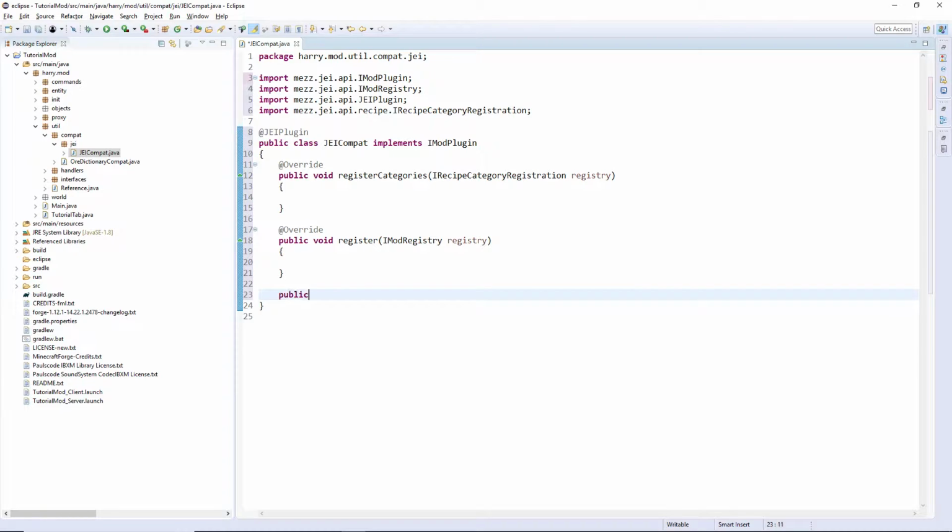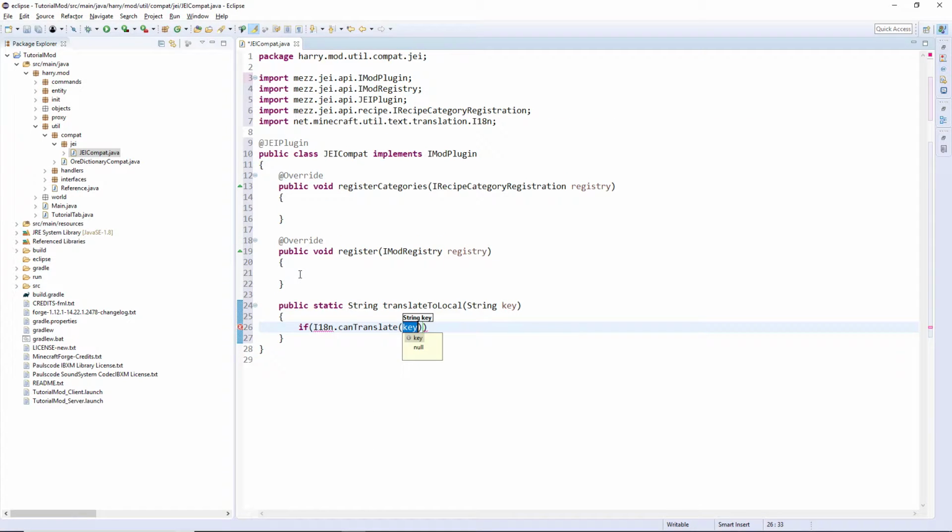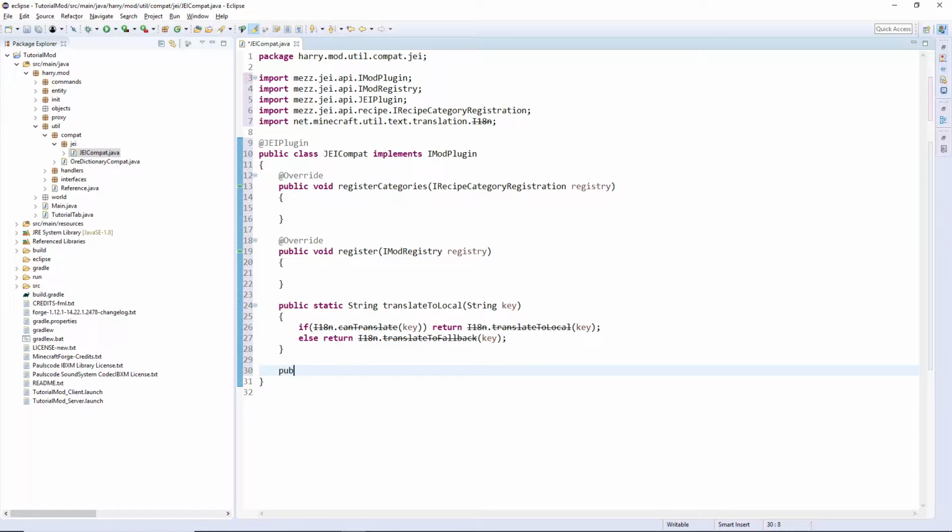So public static String translateToLocal, String key, and then if I18n.canTranslate key, return I18n.translateToLocal key. This will cross all this out, but it's necessary. Else return I18n.translateToFallback key. And then one more, public static